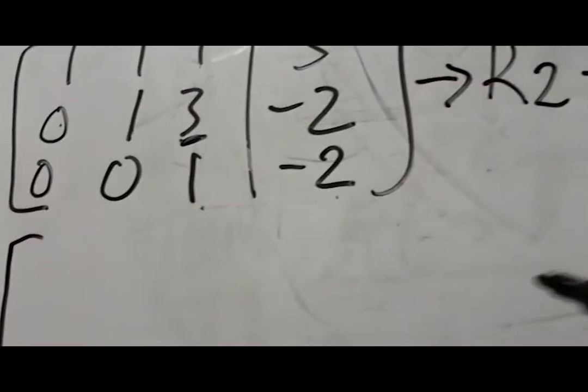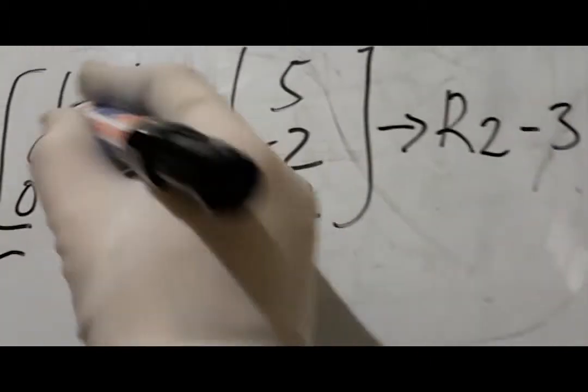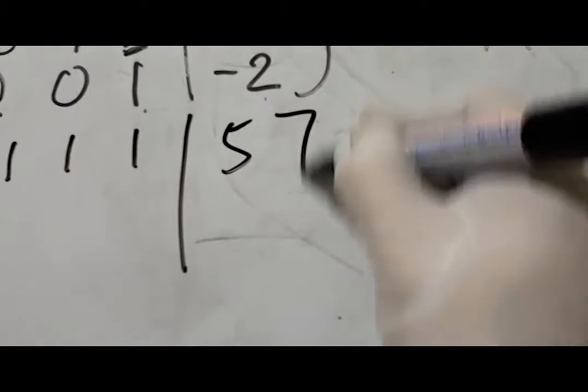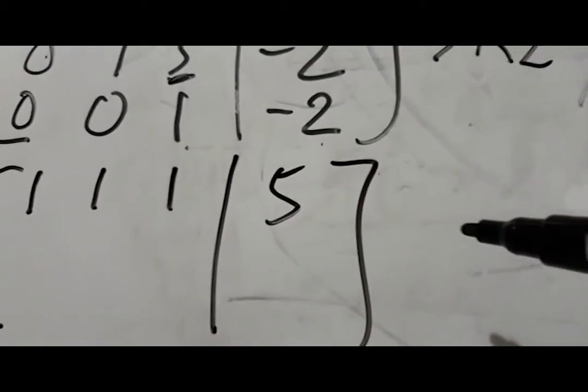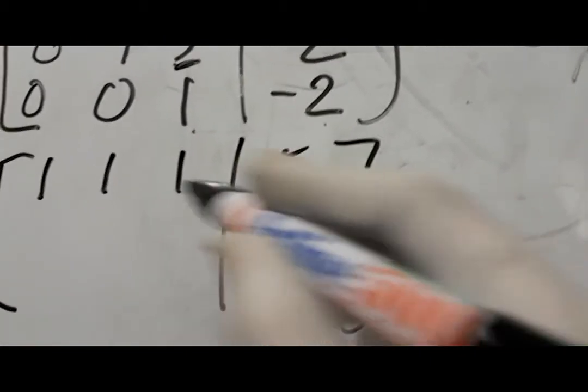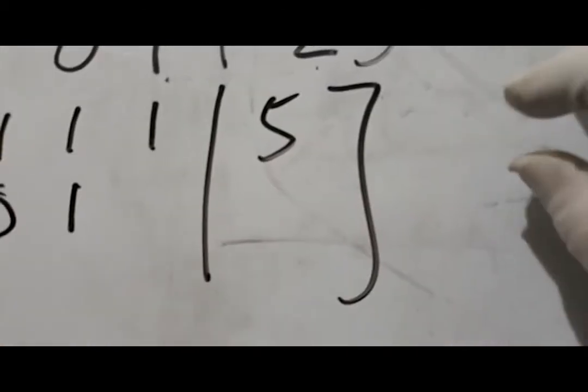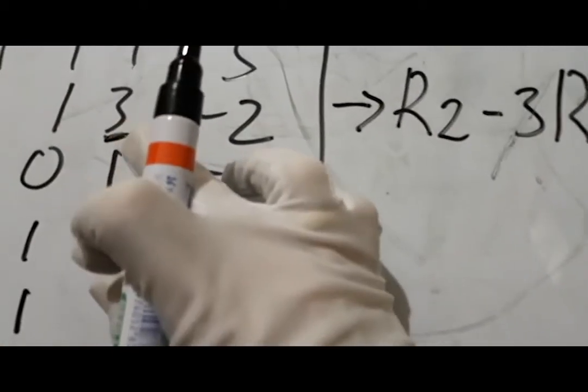So the reduced echelon form now is, so this is not affected. We just write it this way again. 1 1 1 5 and 0 1. So this becomes 0 because R2 is